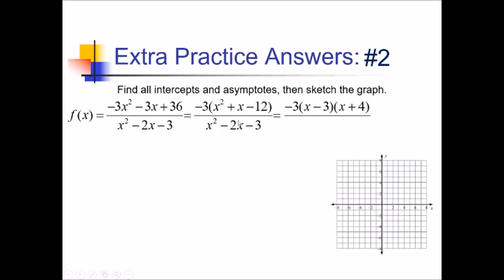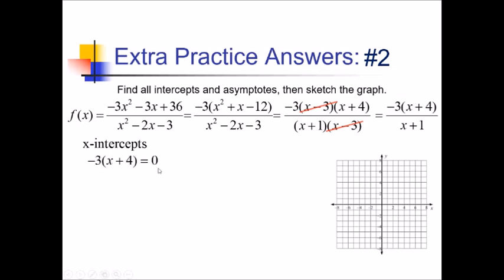Down below, numbers that multiply to -3 and add up to -2. That would be x plus 1 and x minus 3. X minus 3's conveniently cancel, leaving us with -3 parentheses x plus 4 all over x plus 1. So we'll be using this simplified function for a few things now. So let's start by finding x-intercepts. Those are going to make the simplified numerator 0, because we want to zero out that fraction, but not zero out the denominator as well. So if I set that equal to 0, I see that x equals -4 is going to zero that out,